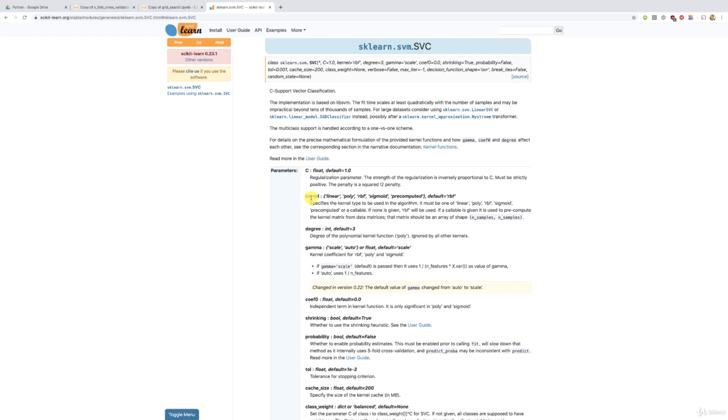And then we have the kernel, so of course that's a very important hyperparameter, and we will tune it, meaning we will find the best kernel of the kernel SVM model among these ones. So we'll try both the linear one and the RBF one, but feel free to also try, for example, the poly or sigmoid one. And then I would also like to tune this parameter, gamma, which is a parameter you only enter when you choose either an RBF kernel or a polynomial kernel or a sigmoid kernel. And since we're going to tune the linear and RBF kernels,